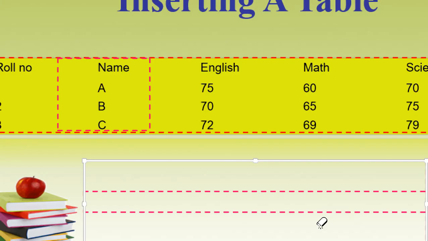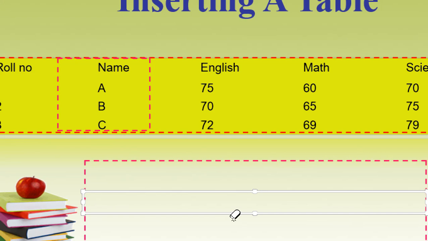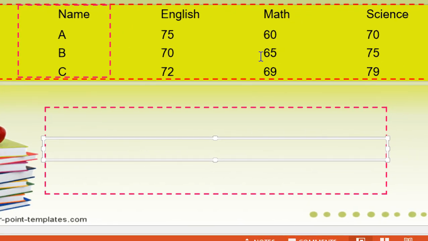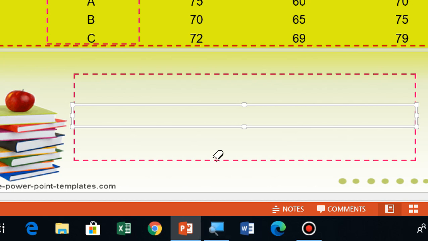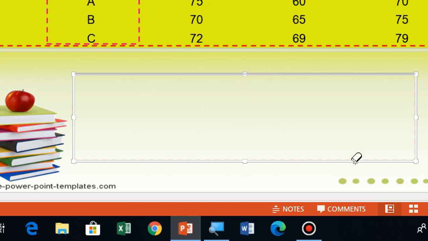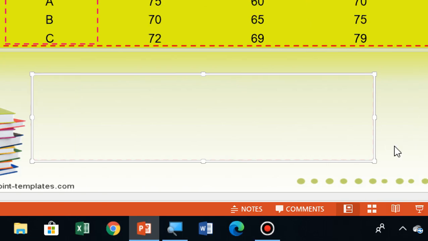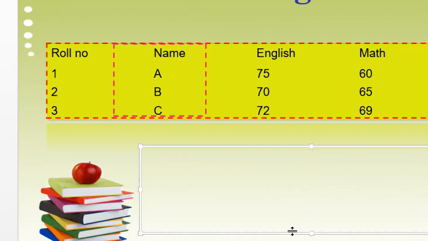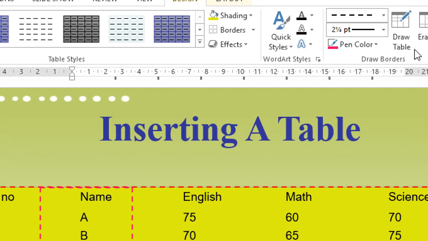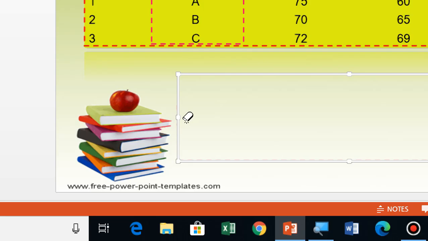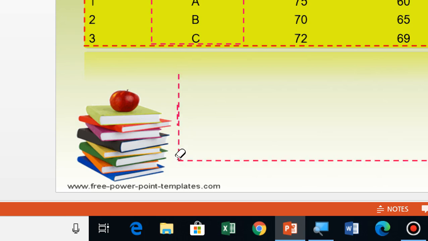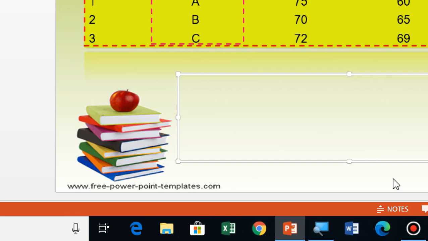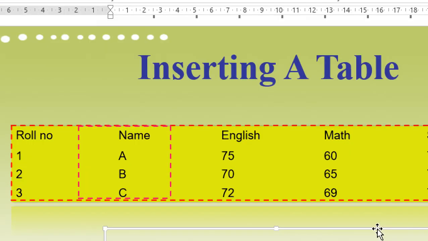Erase the table means you can erase any line like this. Erase. So erase. This one you want to erase, then again go there, and outside border you can erase. This border also you can erase. Okay, this way. Okay, clear everyone? So suppose one line is erased now here, so other also you can delete it just that way only. Okay, so take an eraser and just erase like this. Left mouse button press, hold it down and erase it. Erase. Clear everyone? So this way you can erase lines also.